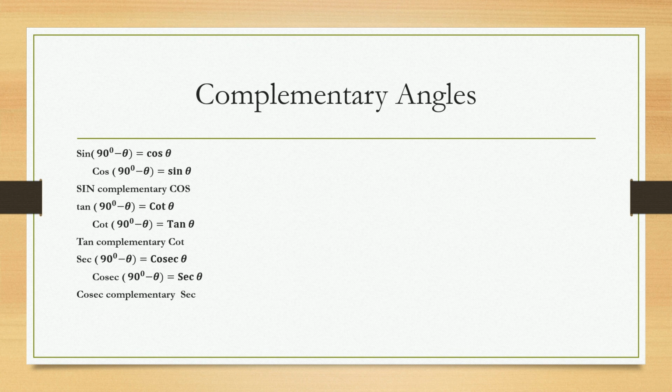These 3 pairs of relations are generally kept in the secondary standard. There are so many other relationships: 90 degree plus theta, 180 degree plus theta, 180 degree minus theta, 270 degree plus theta, 270 degree minus theta, 360 degree plus theta, 360 degree minus theta, which is also called simply minus theta. All those will be kept in the +2 stage. Let us confine to these 3 pairs of relations only.